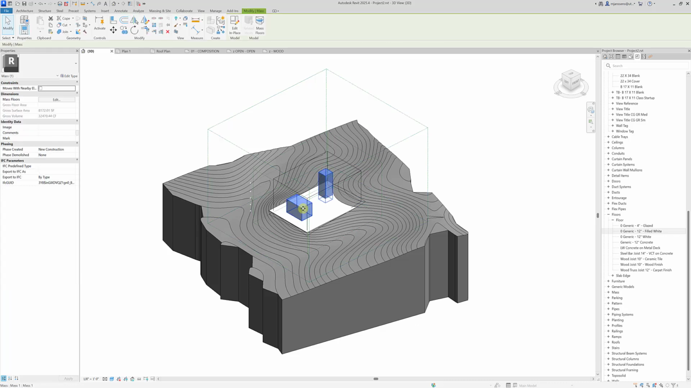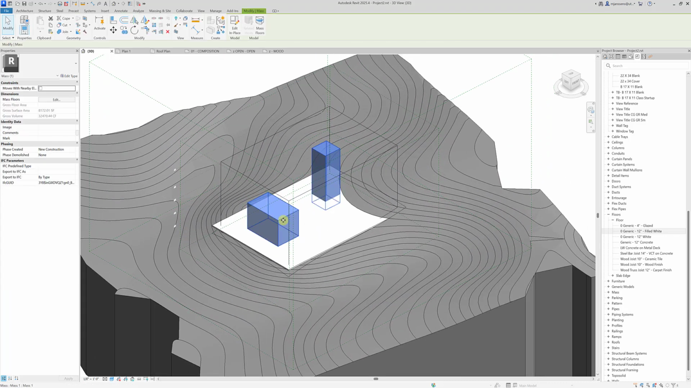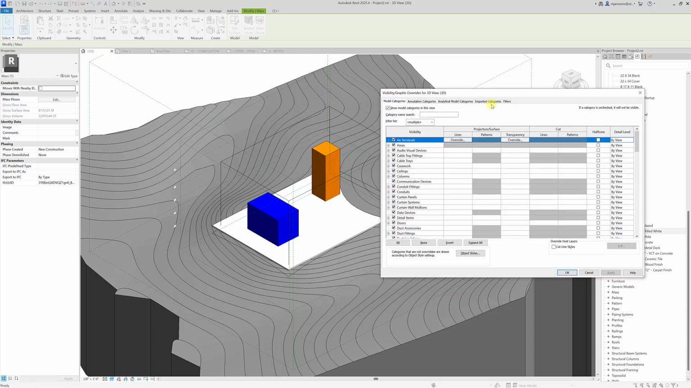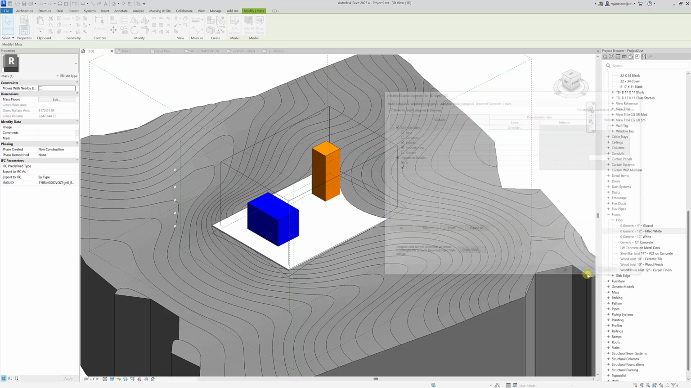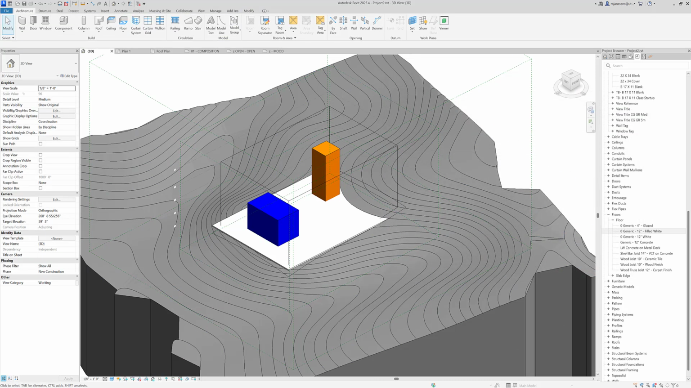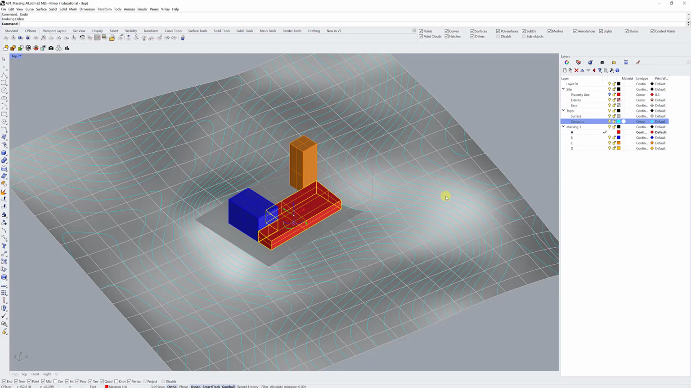So now you can see that if we select it or hover over it, it says this is a mass, it's Mass 1, and it has some visibility graphics options. So again, if we go to VV, we can see that in imports and families we have B and C. Now the downside of using the 3DM file is that if I actually want to add a piece and